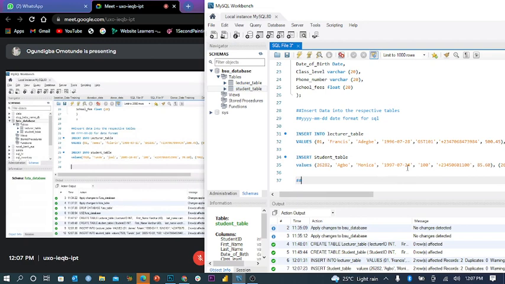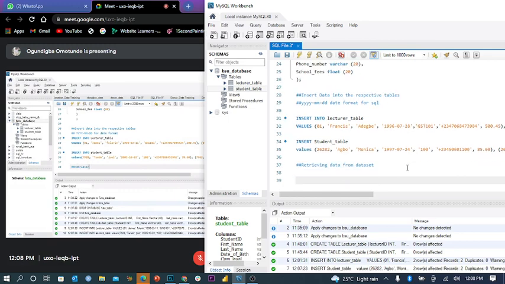Now we use select. Let me comment it out so we can see: retrieve or query your data set. We use select.